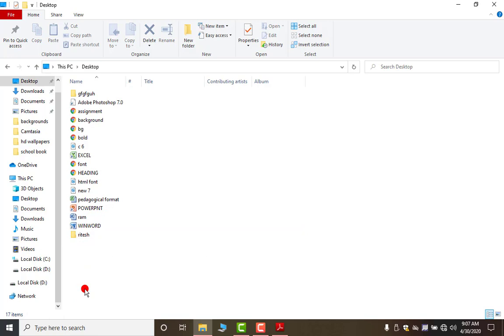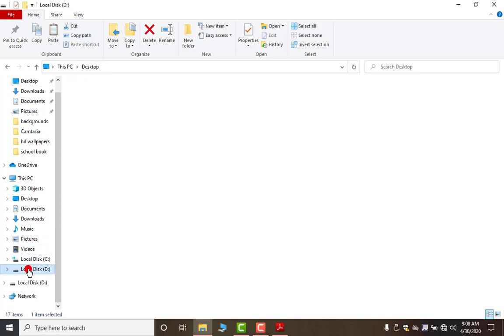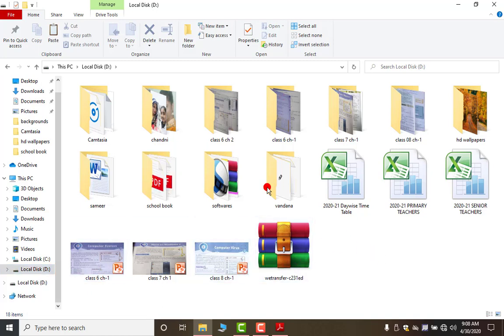Now if you say, sir, I want to move this folder to the D drive, no problem. Click on this, click on Cut, click on the D drive from here and paste. Look, this is my folder that is moved from the desktop to the D drive. Okay,